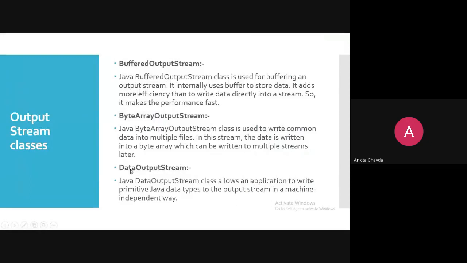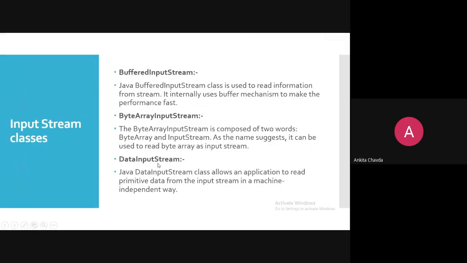Here another class is DataOutputStream and DataInputStream. DataInputStream means the Java DataInputStream class allows an application to read primitive data from the input stream in a machine independent way. Now, how is your data machine dependent? Suppose I am writing the data, as you have learned in C and C++ also, according to the book, integer bytes are 2 bytes, right?